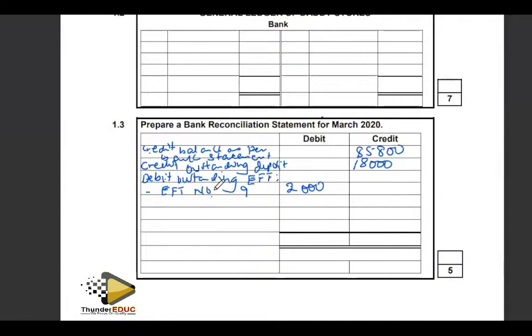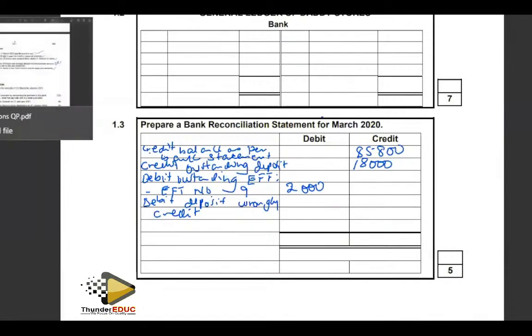So we are going to say, debit deposit wrongly credited. So they credited it, so we have to take it out. So how much is that? That amount was, let me confirm, that amount was for,